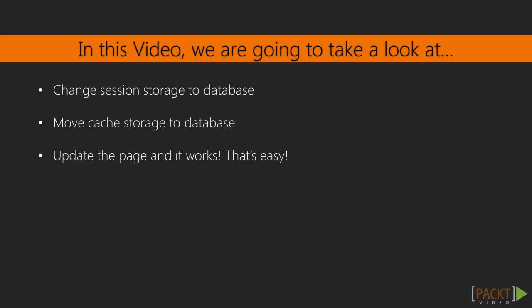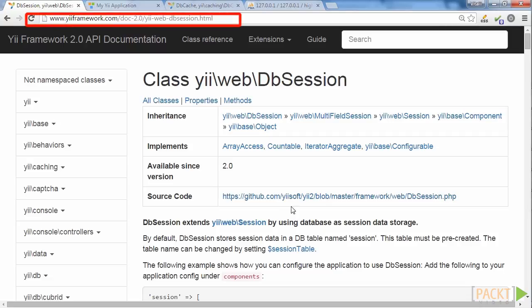So, what should we do? Fortunately, with Yii2 framework components, we can move sessions and cache storages to databases with just a few lines of code. We'll create a table for sessions in the database and configure our web application to use it. Then we'll create a table for cache data and change configs to use it. After that, we'll update our page and the job is done. Let's have a look at